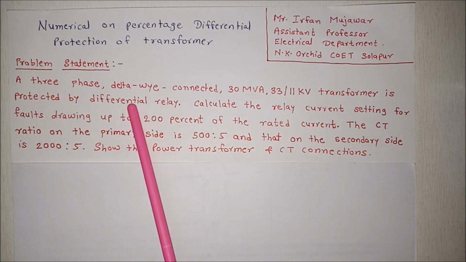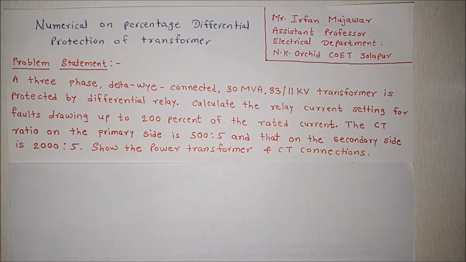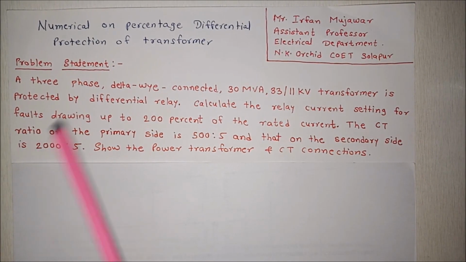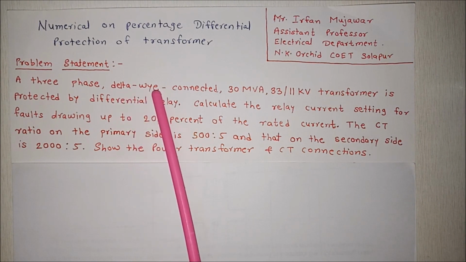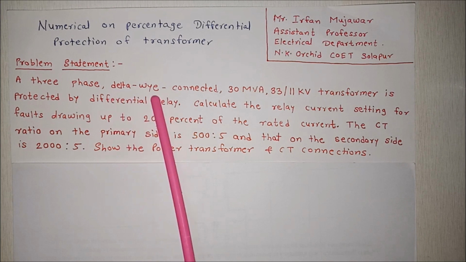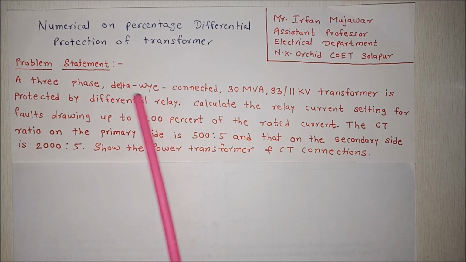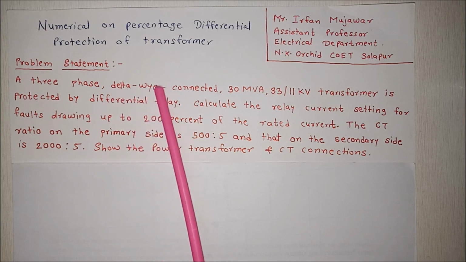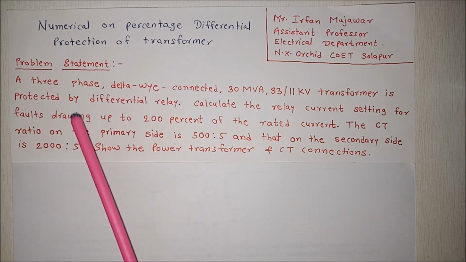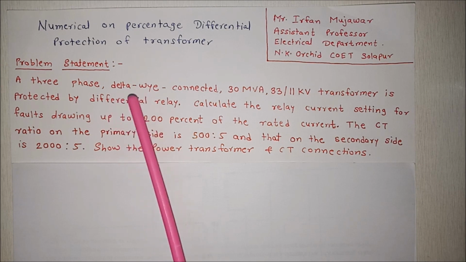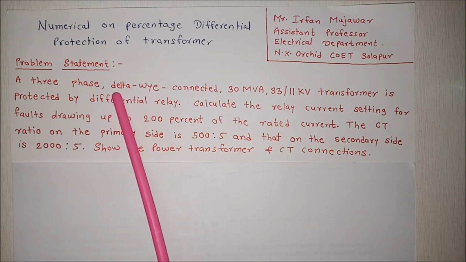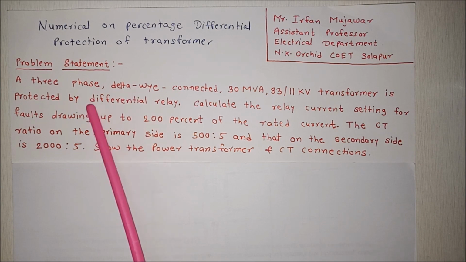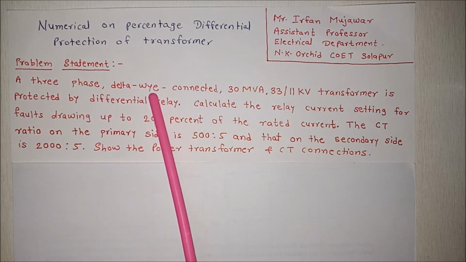Now if you see the power transformer, it is connected in delta star fashion, means its primary winding is connected in delta and secondary winding is connected in star. Now as you know, whenever there is a delta star or star delta connected transformer, there is a 30-degree phase shift between the line currents of delta and star. Star is sometimes also known as a Y connection. Now to cancel this 30-degree phase shift, we have to connect CTs on the delta side in star and CTs on the star side of the power transformer in delta.